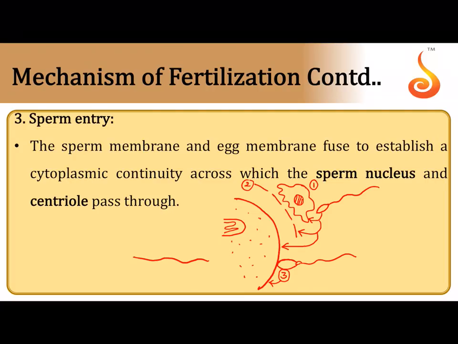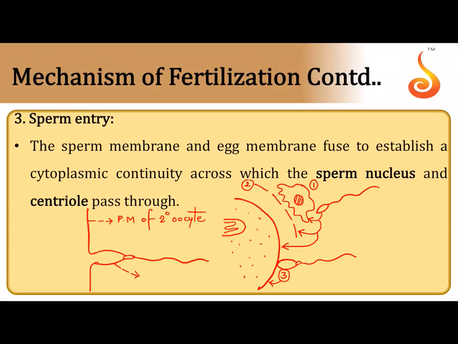So finally the sperm, and now what happens once the sperm makes its contact? So let me again show you the sperm here. This is the mid piece of the sperm, and this is the head of the sperm. The moment it makes contact with the plasma membrane, see how? So this is the plasma membrane of the secondary oocyte, and this is the plasma membrane of the sperm. So once the sperm head forms a contact with the plasma membrane, see how the plasma membrane and the sperm membrane are fusing at these points. They're becoming continuous. See? And once they become continuous, a bridge is formed through which the nucleus and the centriole